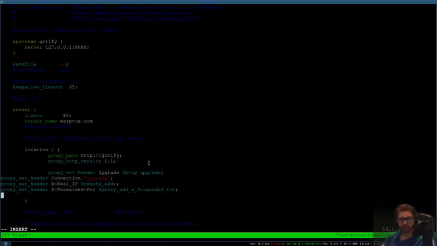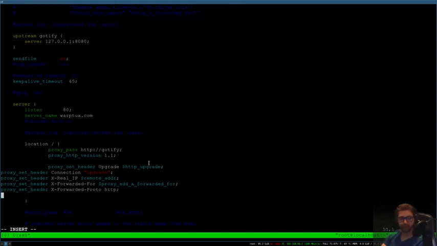All right, we've got four more. So this is our last set header. X-Forwarded-Proto http. We're setting the protocol for the forwarding. All right, now we have to add a proxy_redirect. And let's add http:// and then $scheme,